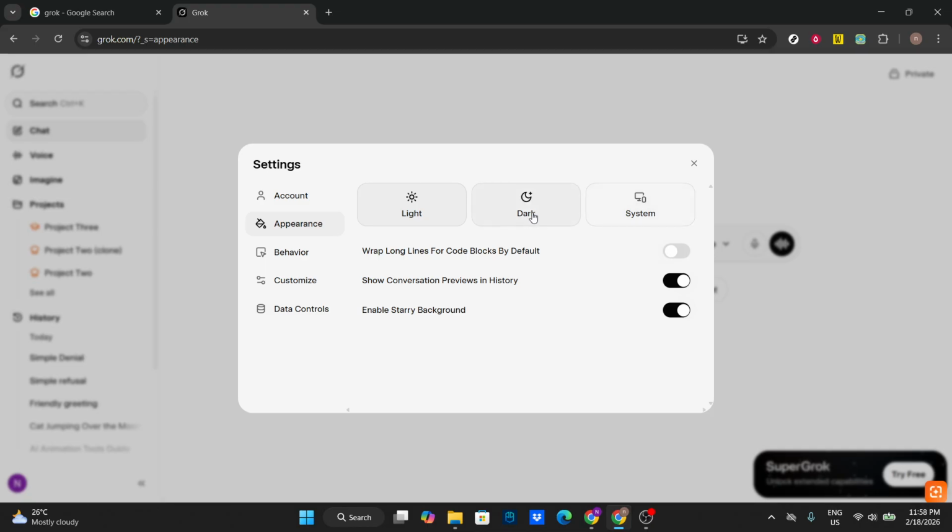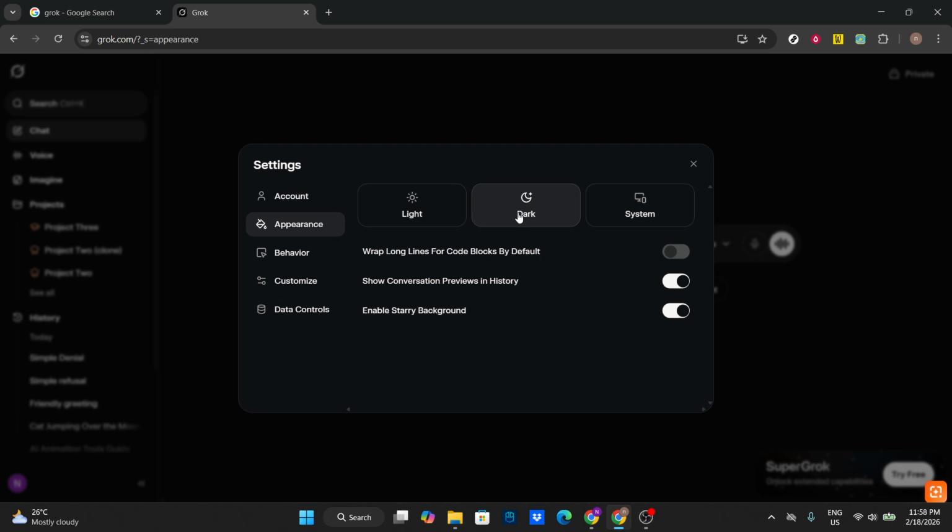As soon as you select Dark, the interface should switch immediately. You'll notice darker backgrounds, softer contrast, and text optimized for low-light environments. Take a second to scan the page and make sure everything looks comfortable to you. If it doesn't change right away, try a quick page refresh, then return to Settings and Appearance to confirm Dark